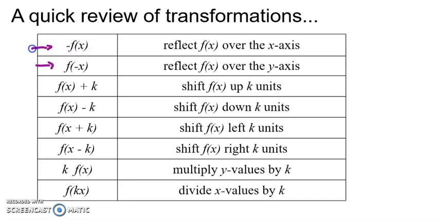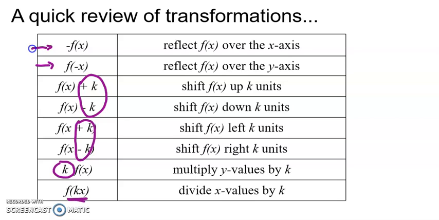Shifting it or translation up or down is where we add or subtract something there on the outside. A translation or shift left or right, we're going to add or subtract on the inside. And now, as we just looked at here, if we multiply by a value on the outside, we are taking the y values and multiplying by that number. Okay. Now this example here kind of applies the same way, but we're just going to look at examples with